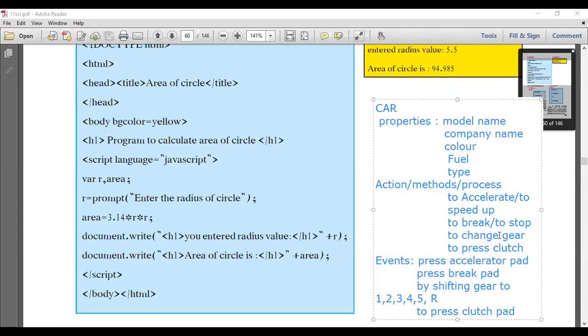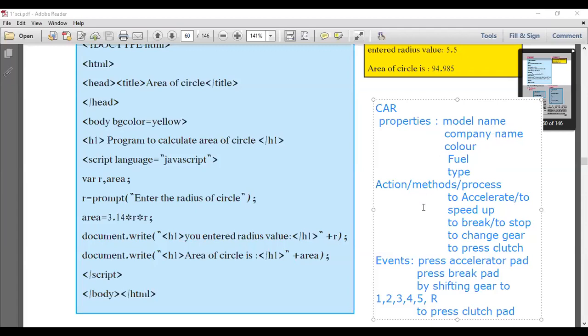Before that, we have already seen the document object. The document object is there, and write is a method, a function. So write comes over here, and document comes here. Now the document's background color, foreground color, size, height and width will come over here. These are the document's properties.